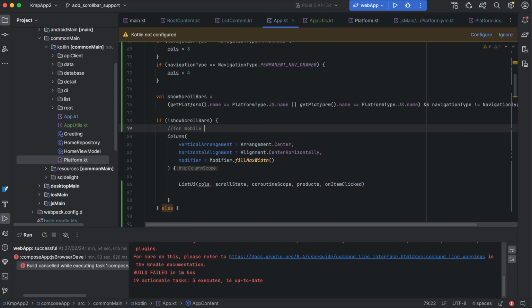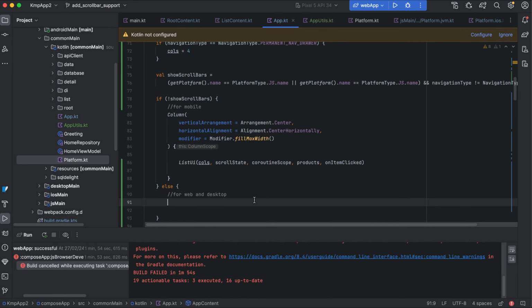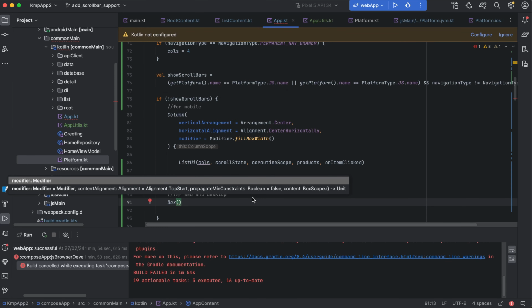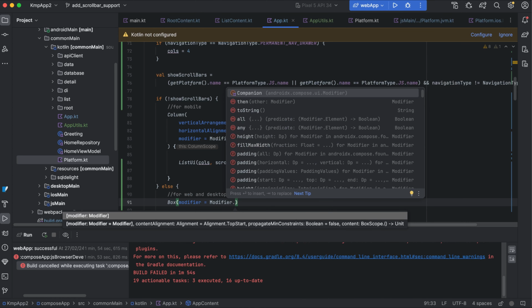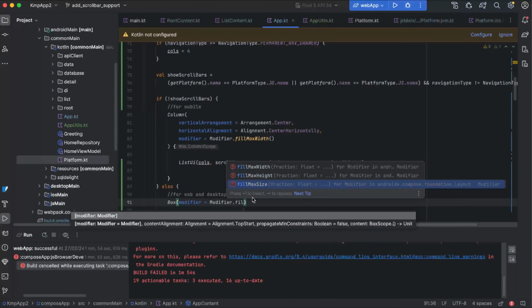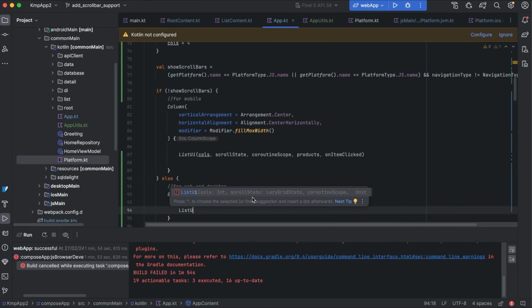Most probably for mobile we can say. Web and desktop, right? So here we will be showing the scroll bars, right? So for that let's use one box, and then let's apply some modifier there, that will be the fill max size, so that box will take up all the available space. Okay, cool. And then let's go to here, and here let's show the list UI